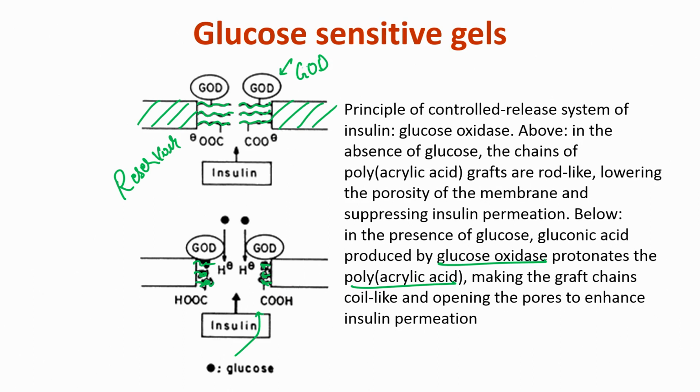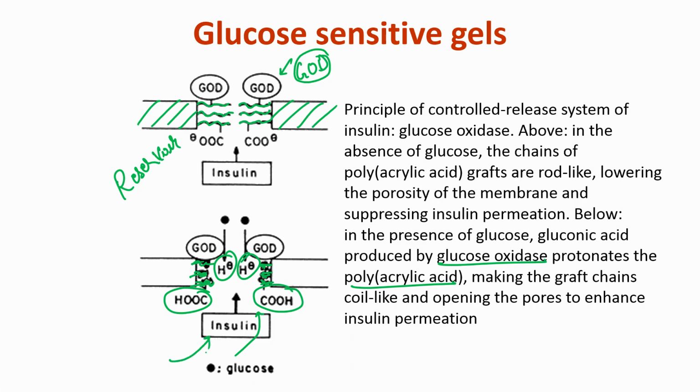So, why would the pH decrease locally? That is because this enzyme GOD, glucose oxidase, is there. So, what will happen is in presence of glucose, this glucose oxidase will produce these H plus ions, and as these H plus ions are produced, the local environment pH has reduced. Because the pH has reduced, you have now these polymers that have got protonated and they are no longer soluble, and as they are no longer soluble, they have just tried to avoid water and instead of being in an expanded form, they have shrunk and attached to the surface, and because of that now the insulin will come